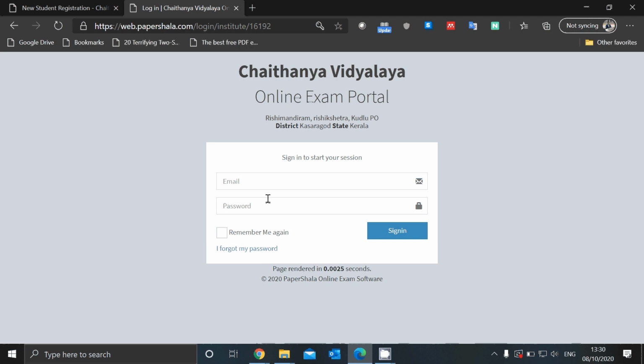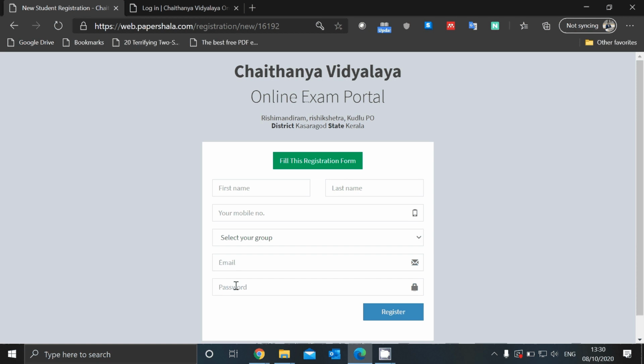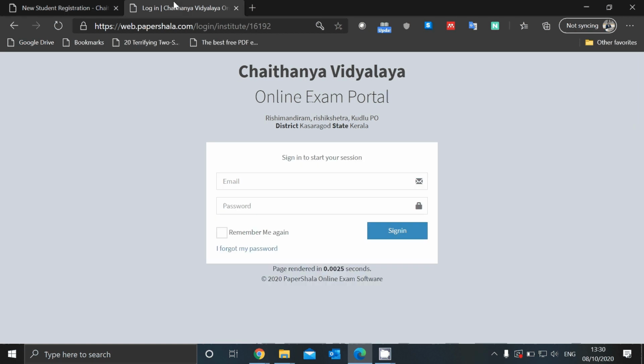You cannot reset the password. This is for security reasons and to make sure that if you forget it, we can reset it. But punch in the username and email as the one that you gave in that Excel sheet and the password as what I gave you. The students, when they have to log in, will have to punch in the email and the password that they have given here, click on sign in, and they have logged into the portal.